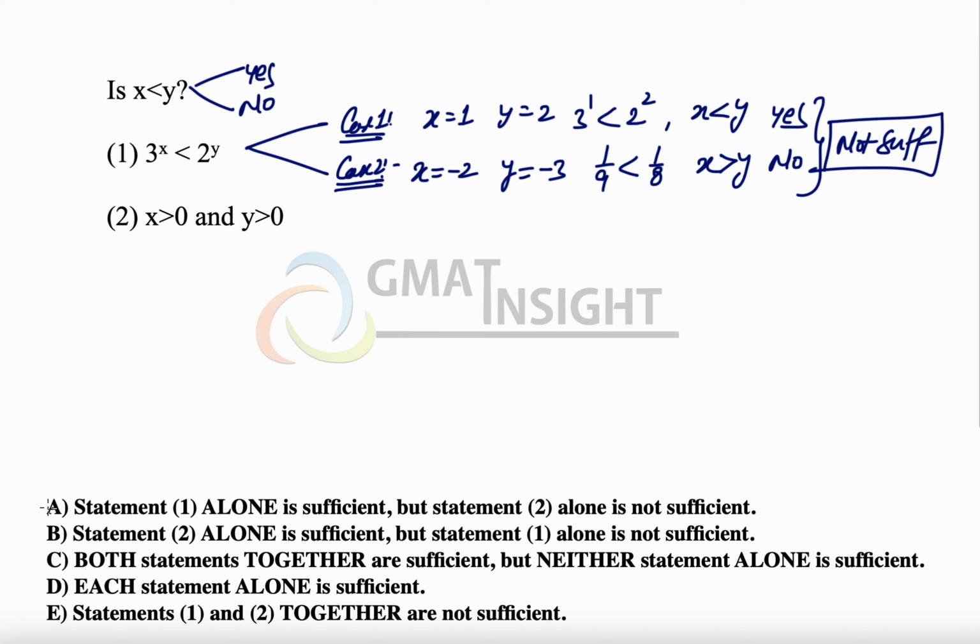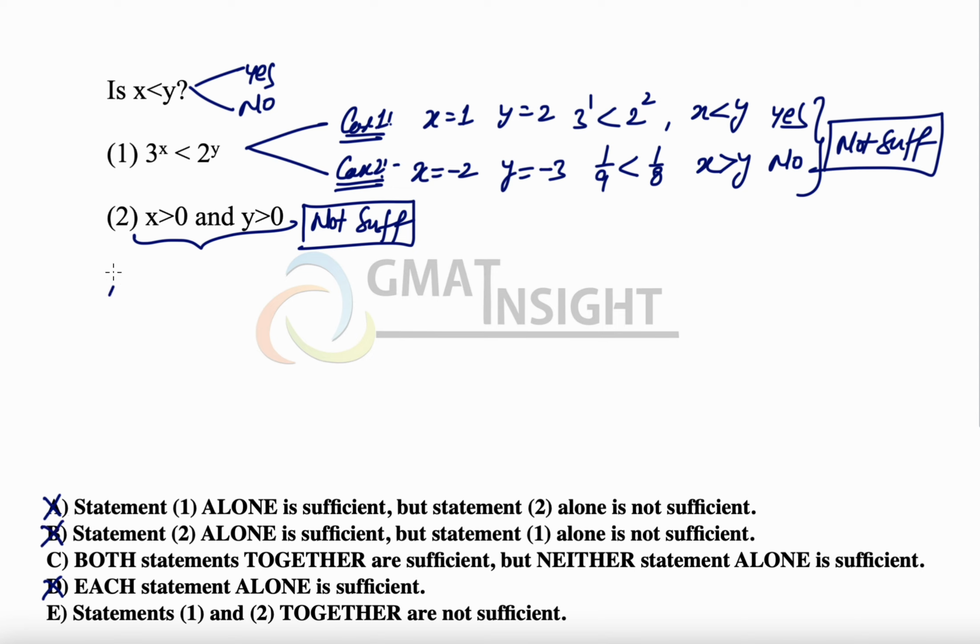Having said that, we can eliminate two options, which are A and D. Now comes the second statement. The second statement does not tell us anything and is clearly not sufficient because of the reason that it simply says that x and y both are positive. But we can't compare whether x is bigger than y or not, therefore not sufficient, and B option can also